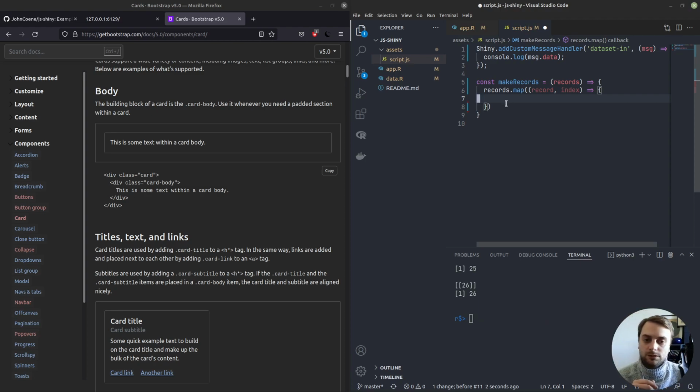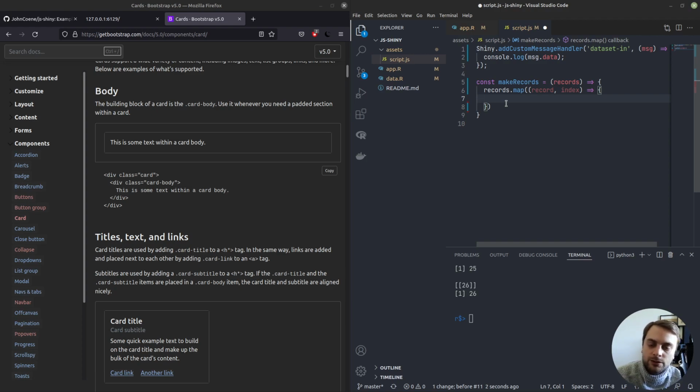Because once we have generated all these records in the form of cards and all these values in the form of inputs, when users change the values of certain inputs, we want to be able to take those values and send them back to the server, along with some context. As in, we need to know which input of which record was changed. The index is a convenient way of keeping track of that, so that later, at the end of this video, when an input is being changed by the user, we can send back